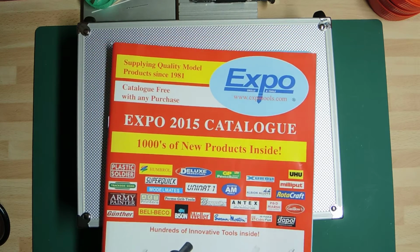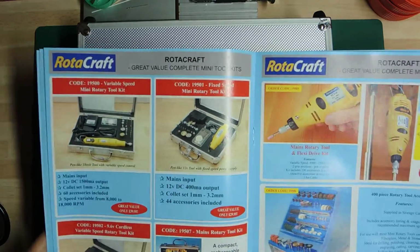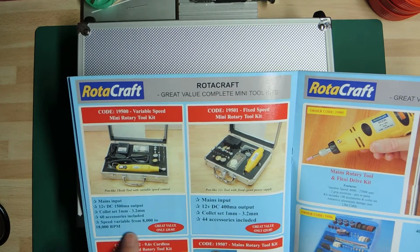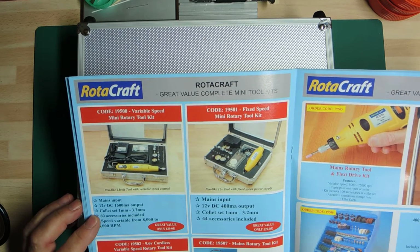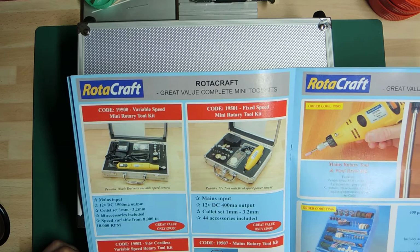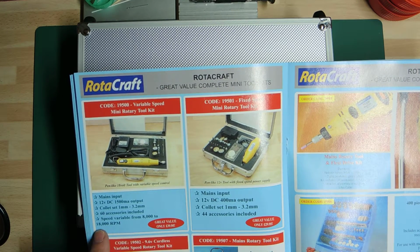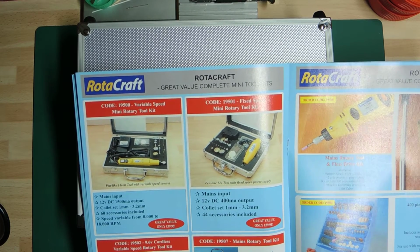Anyway, it's quite a nice catalogue, and if I zoom, there she is. You get loads of choices. That's the one I ordered, which is basically the mains input, 12 volt DC, 15 milliamps output. Collet size is 1mm to 3.2. 60 accessories included. Speed variable from 8,000 to 18,000 revs per minute, and the price is $39.95, which is what